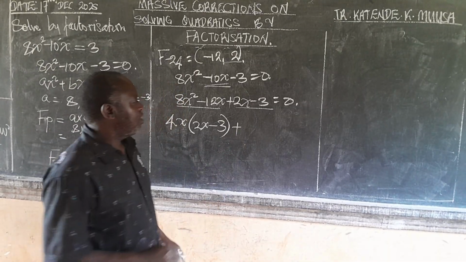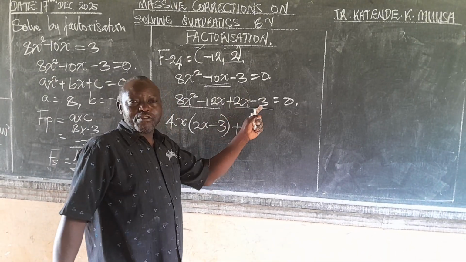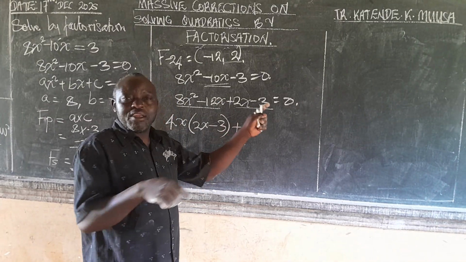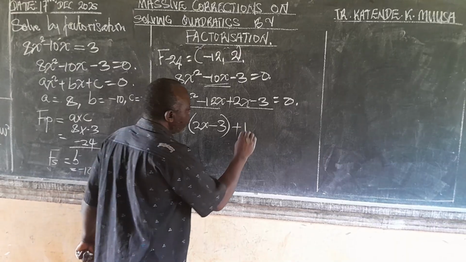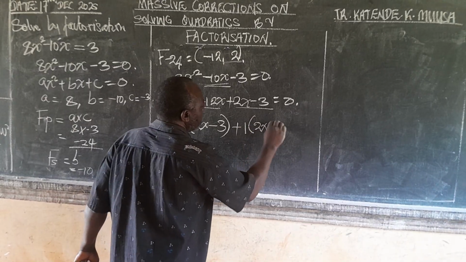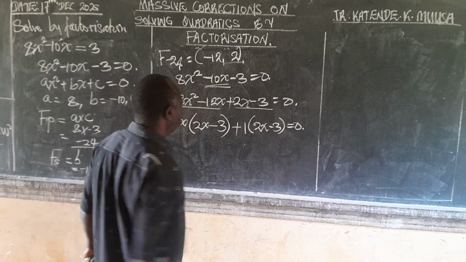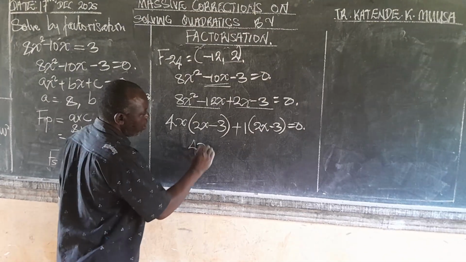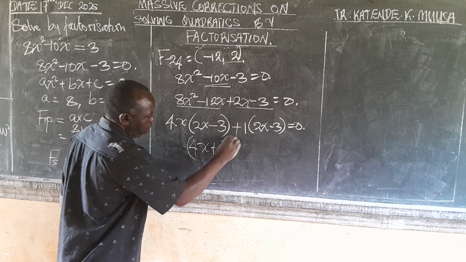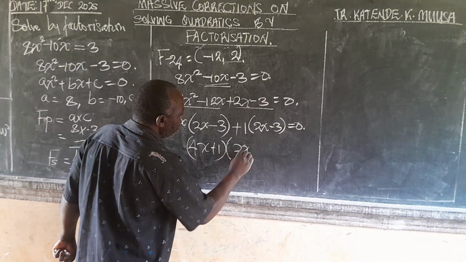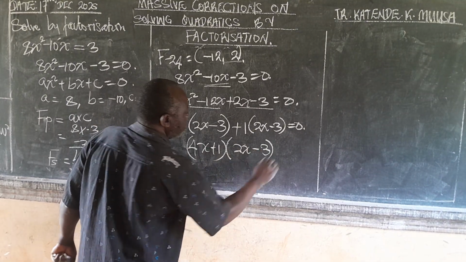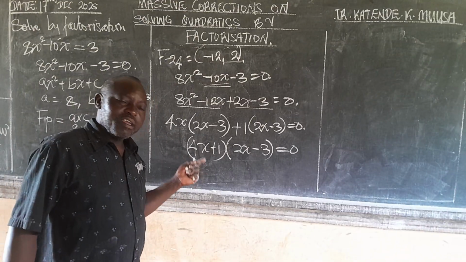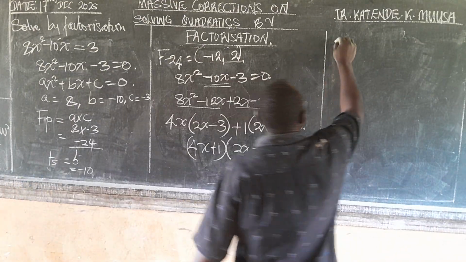Then plus, here we have 2x, here we have 3. But there is an invisible 1 inside 2x and 3. So here we have 1 into 2x minus 3, which equals 0. So we bracket this one and this. We are going to have 4x plus 1 into 2x minus 3 equals 0. Now two brackets equal 0. Their product is 0 if one of them is 0. Therefore, we are going to say